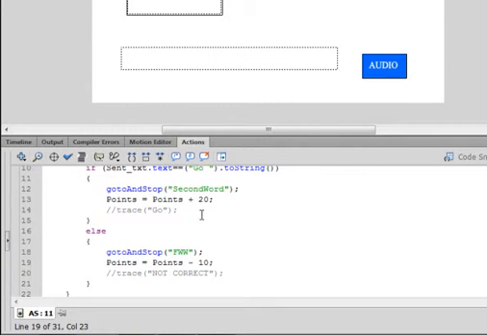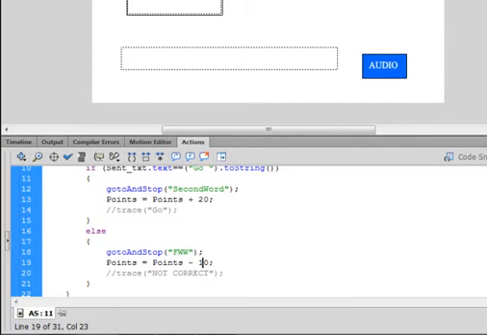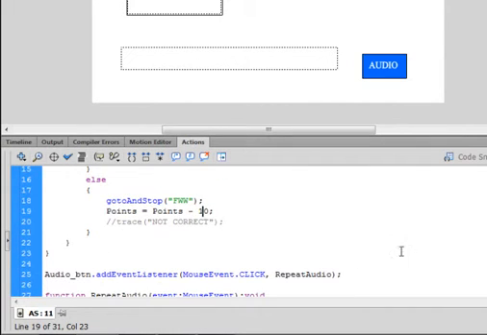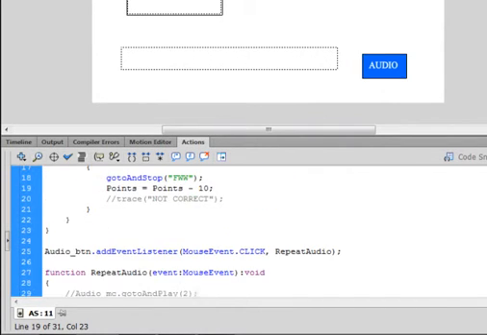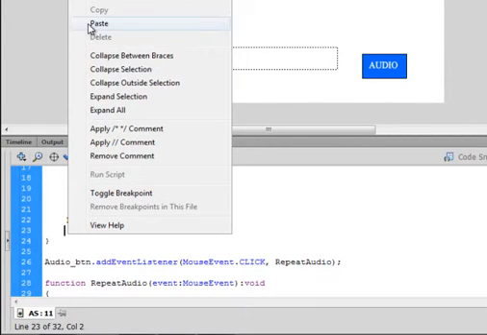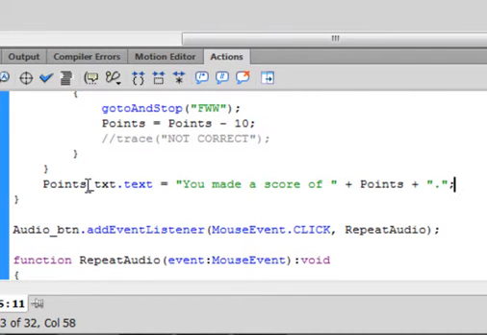Now we want to get the points to go to our text box that we made called points_text. I want to be inside of this function here, right after this, between these. Type this line of code: points_text, that's the text box I just made, period, text, all small letters, it turns blue, equals, quotation mark, "You made a score of ", close quotation, plus whatever points is, points,